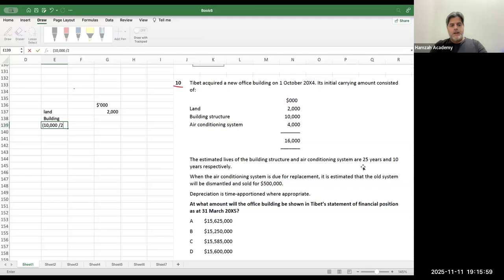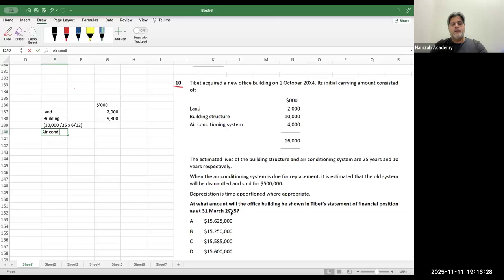So that's going to be by 25 into, you got it on 1st October. The year end is 31st March. October, November, December, January, February, March, 6 by 12. Right? So building's cost is 10,000 minus by 25 into 6 by 12. So that's going to be